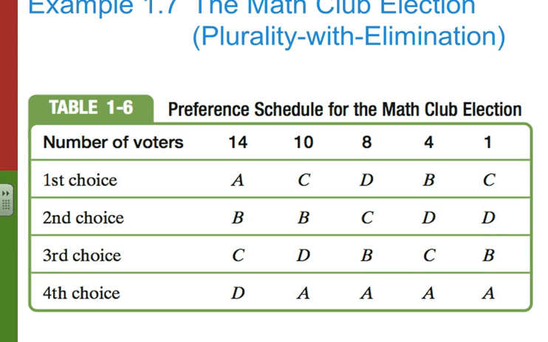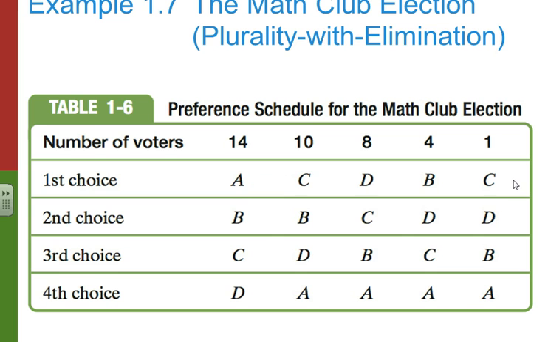Okay, so when I eliminated B, then D ended up with B's votes. And then I'd eliminate C. B was already gone, so D ended up with all the votes except the 14 that A had,